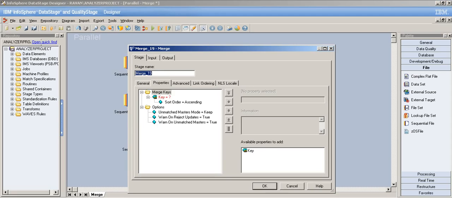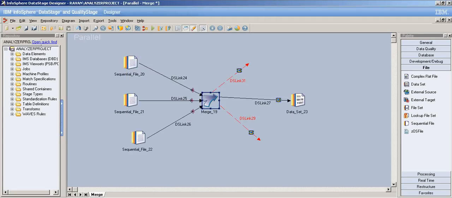We need to have a key column, right? Based on this key column only, these update records are going to move on to the output. But if you don't want them, you can just go to the reject link and all that stuff. I'll explain it. And similar to the join stage, you need to have the data before passing on